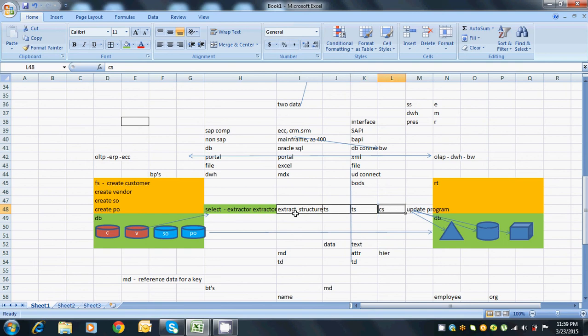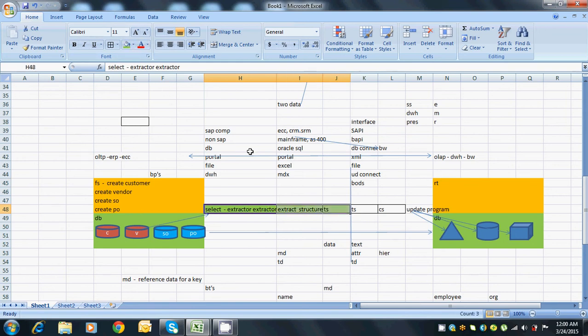So in order to transfer the data, we are going to make use of structures as pipelines, and the extractor program is going to pick up the data and the update program is going to update the data. Now finally, once it is updated into the data targets, then using reporting tools we can generate the reports. Here in the source system you are seeing